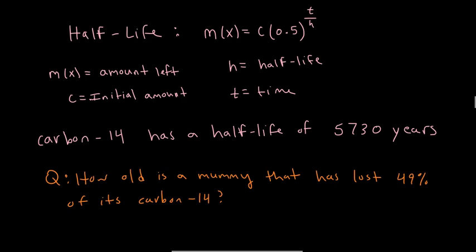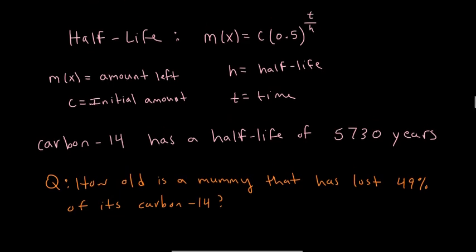So this is getting much more of an application of things. And so the concept here, which is an interesting thing about it, is that if my mummy has lost 49% of its carbon, that means it still has retained 51% of its carbon. You have to sort of think about it that way. So if I've lost 49% of my carbon, I still have 51% of the carbon, which is also to say that m of x,